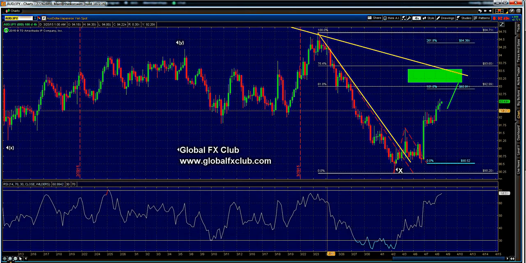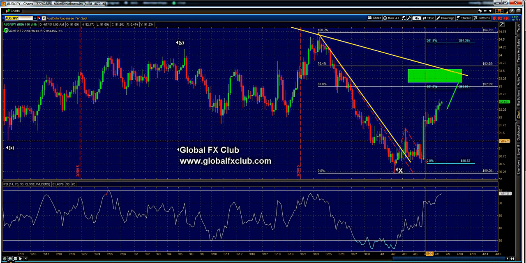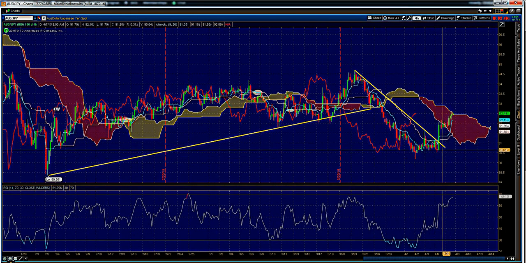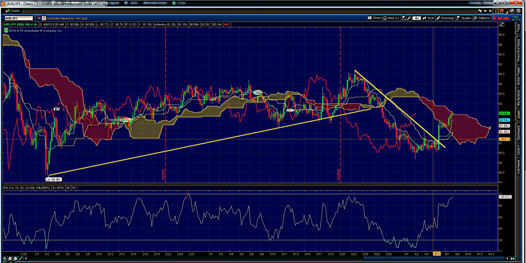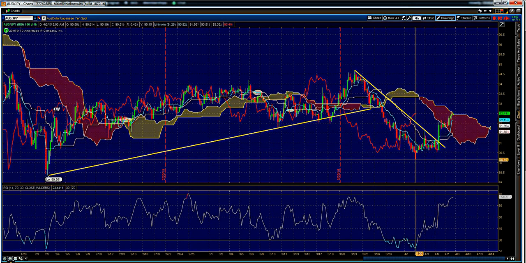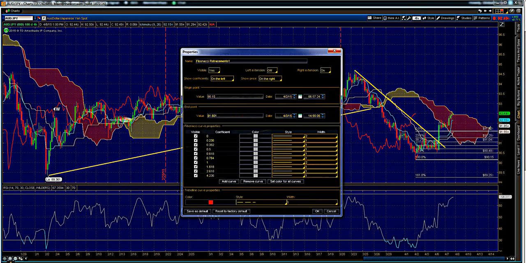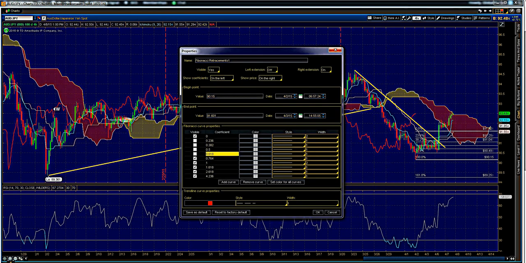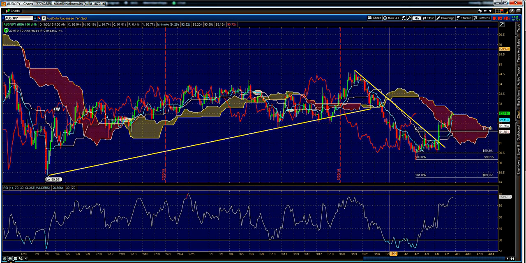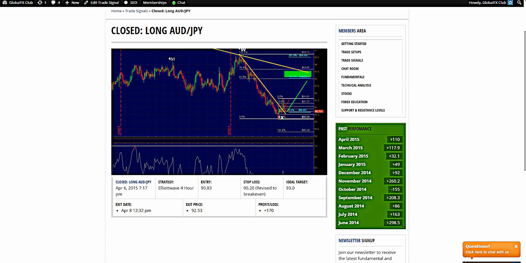All right, so you can see this is the original trend line, and then we had a little breakdown here, but once you saw it on the modified, you saw that there's a trend line, but a nice spike, so a nice front run. At the same time, what we had on this low was that it was holding the 76.4% Fibonacci retracement area. So it gave a nice ideal area for entry points on that angle. All right, so that was the Aussie yen.